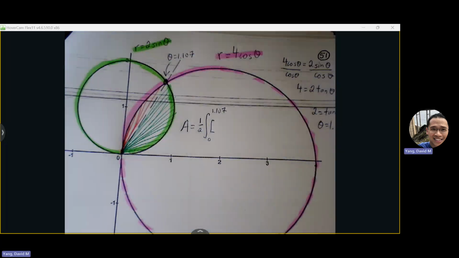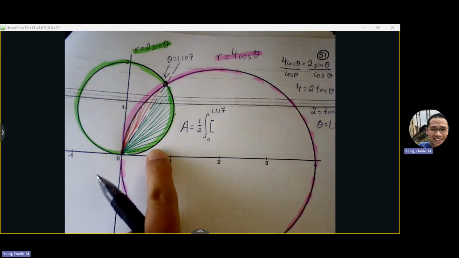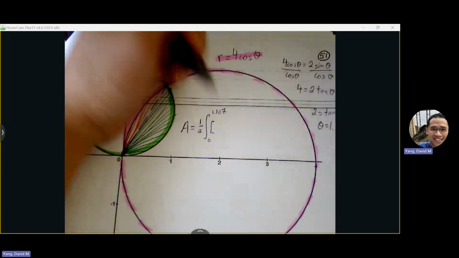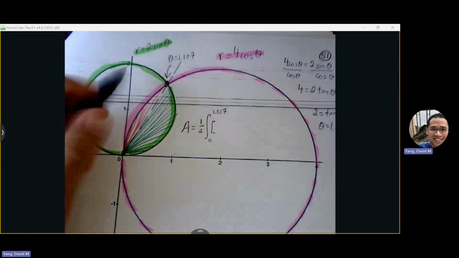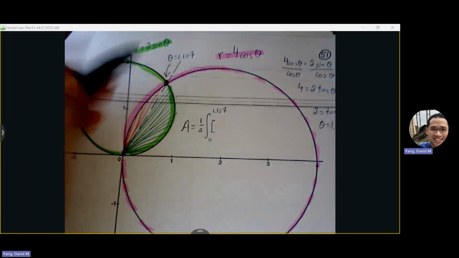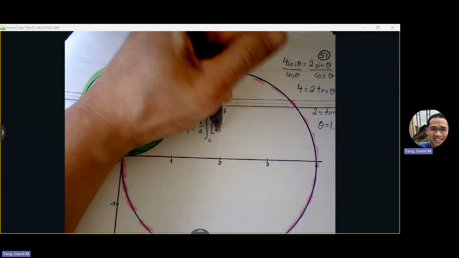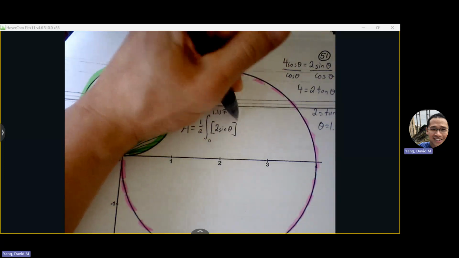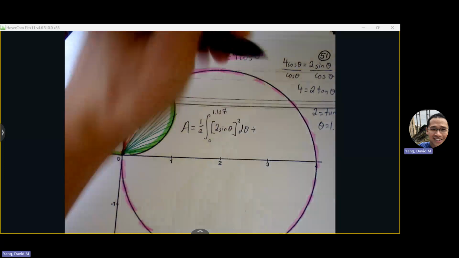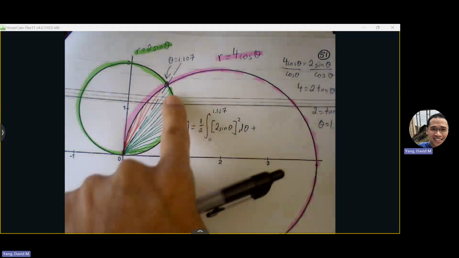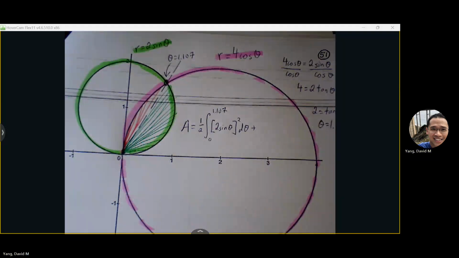So we'll just create an area formula for that portion. 1/2 integral of r squared. Remember, we're starting with that 2 sine theta, right? So 2 sine theta quantity squared d theta. So this will take care of this region in green,